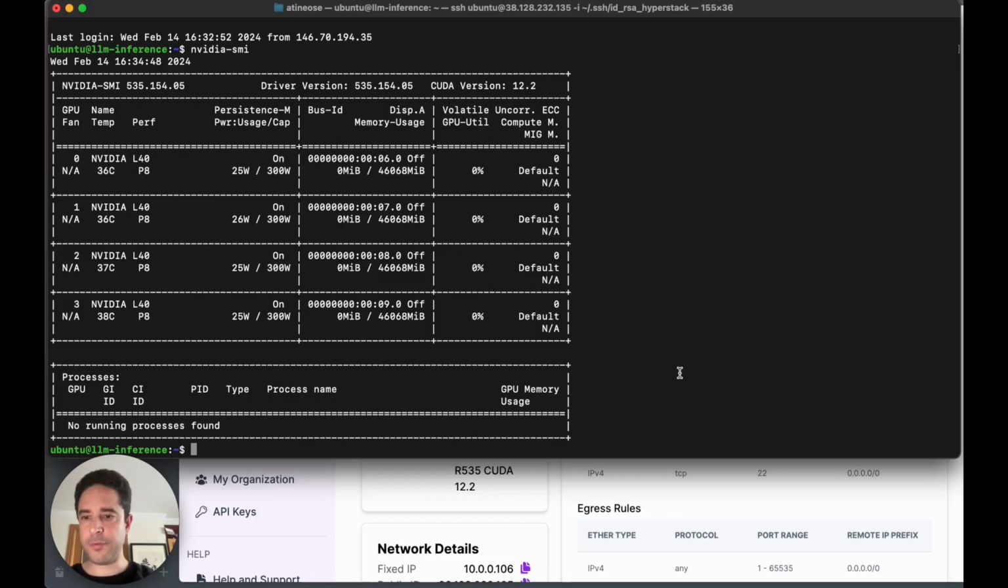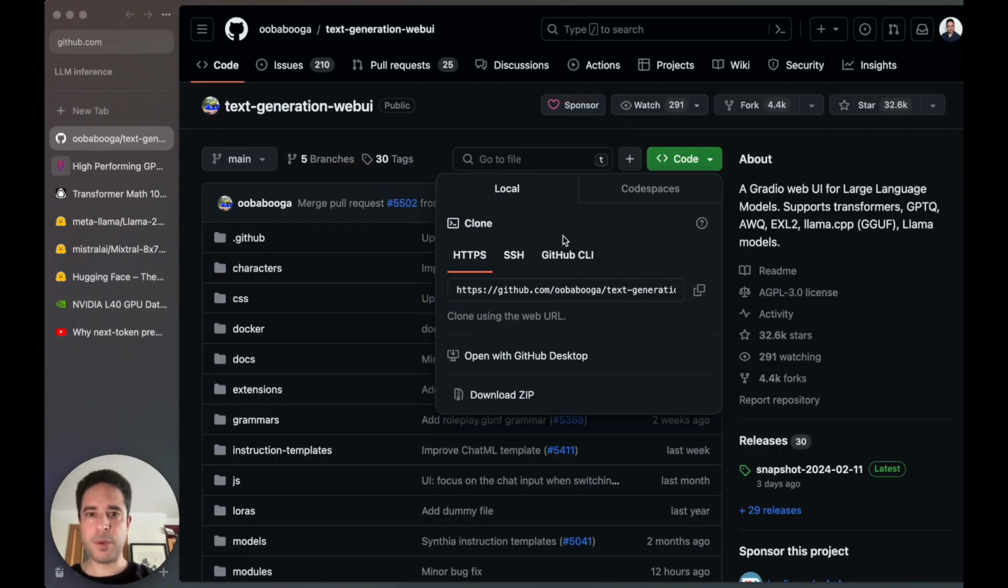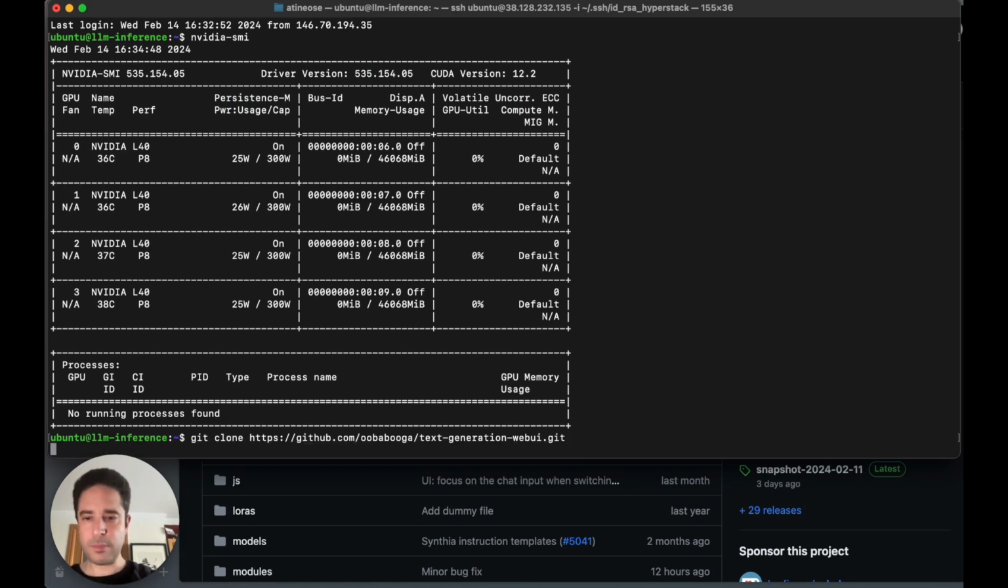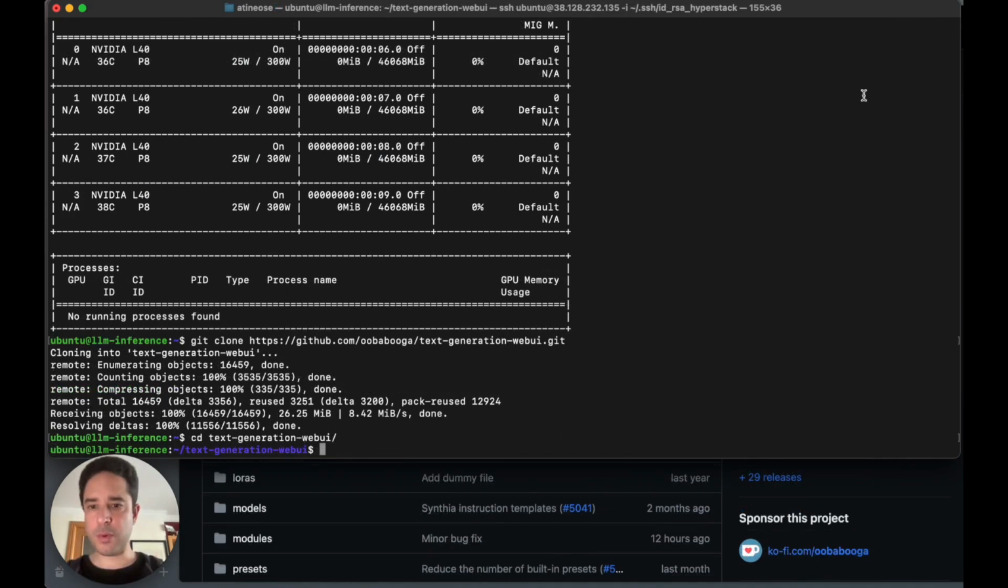So this is looking fine. Let me try and get the URL for this Oobabooga text generation web UI. Let me copy the repo URL and let's fetch it. All right, we have now cloned the repo and we're ready to get started with the UI to test large